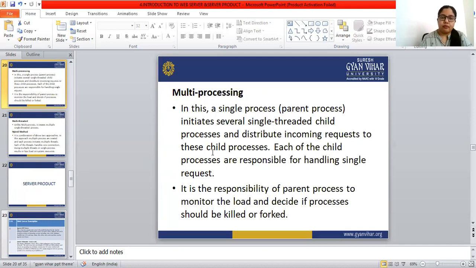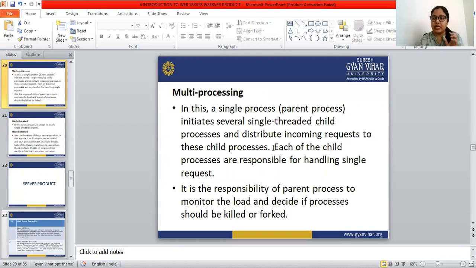In multi-processing, a single process called the parent process initiates several single-threaded child processes. One main process, the parent process, initiates several small child processes and distributes incoming requests to these child processes.